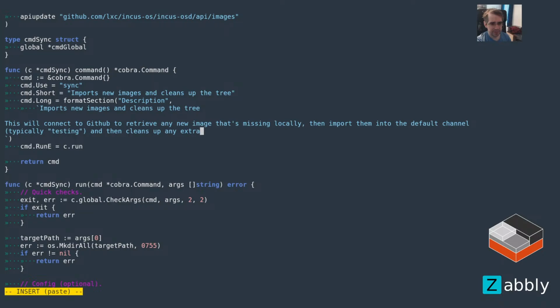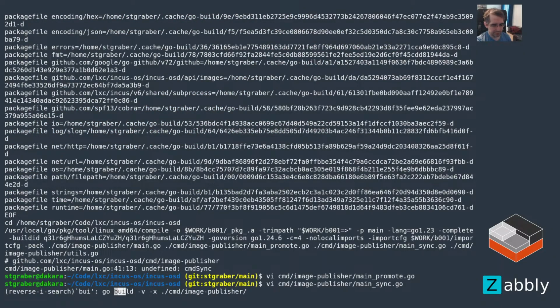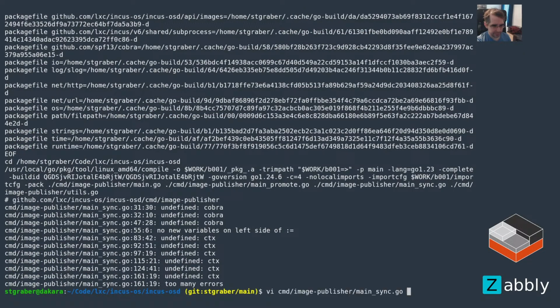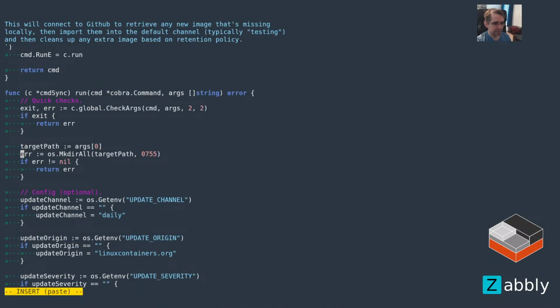Extra image based on the retention policy. Something not... Should be descriptive enough. Let's try to build this stuff. So we're missing Cobra context stuff. Okay. So